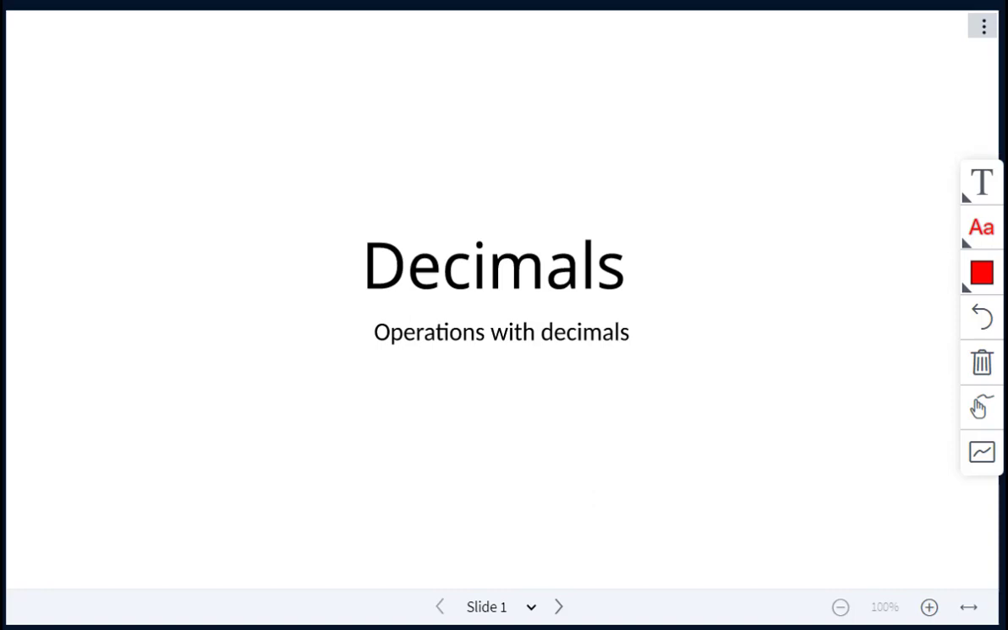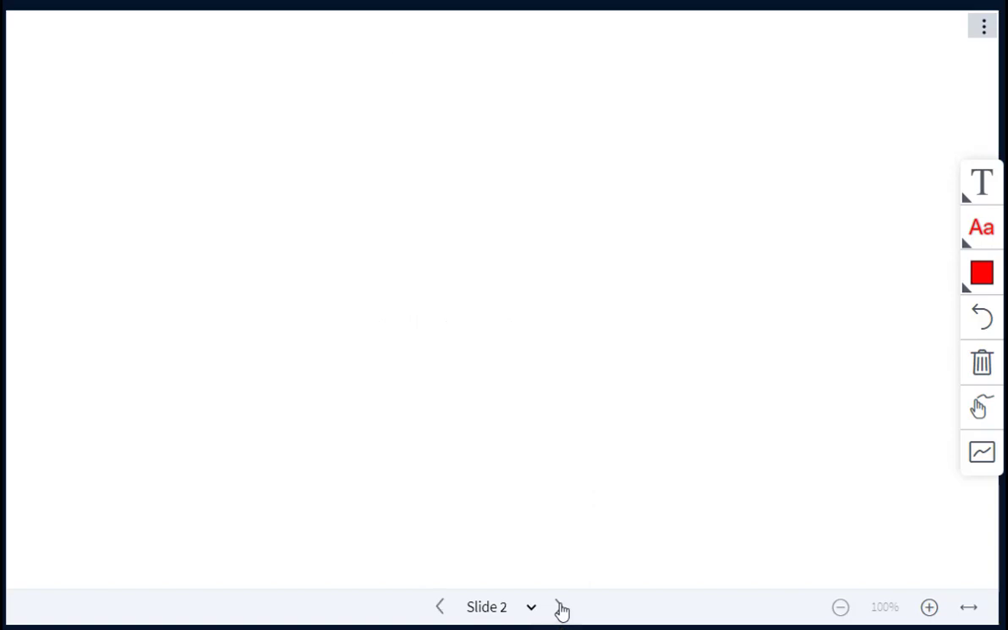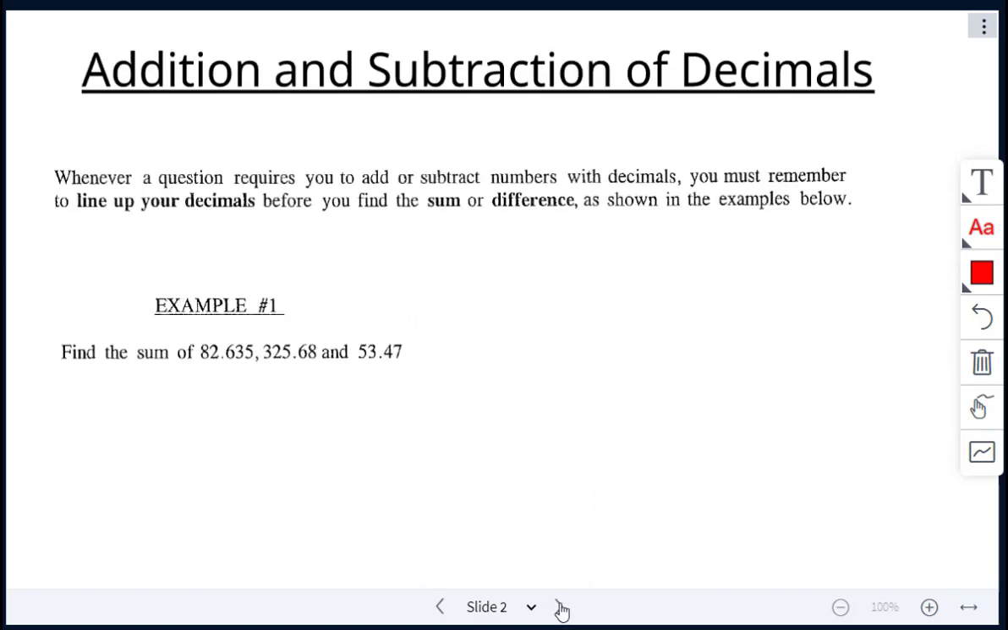So today's lesson on decimals, we're looking at operations with decimals. So we'll look at addition, subtraction, multiplying, and dividing decimals. So first, we will look at addition and subtraction. The rule for adding and subtracting decimals is you have to line up the decimals before you add or